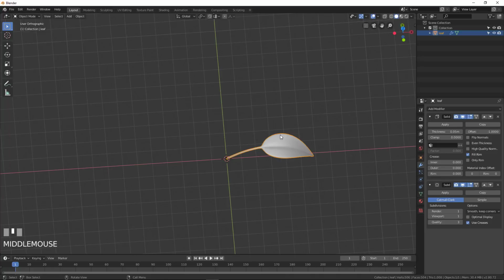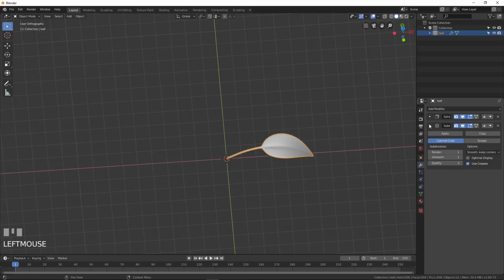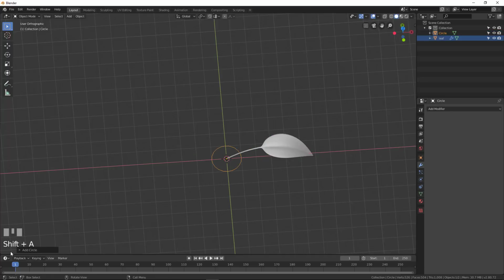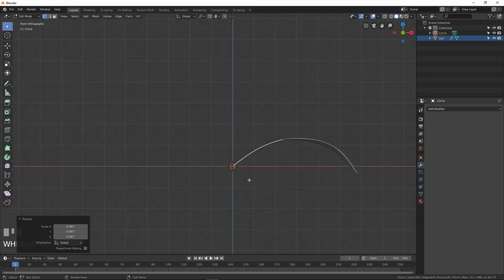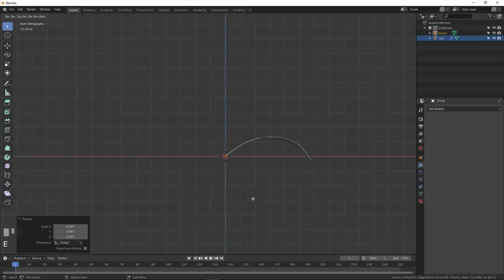For now, I will not touch it for a moment, so I can just go and close the solidifier and the subdivision surface, because we will add some modifiers after. The next step of this creation, we will add a circle here, and we will create the stem of the plant. So we don't want too much vertices, something like 8 will be enough, and we will go into edit mode. So we will scale it down because we don't want something too thick, okay? I will extrude that with E and Z